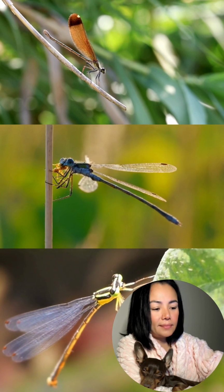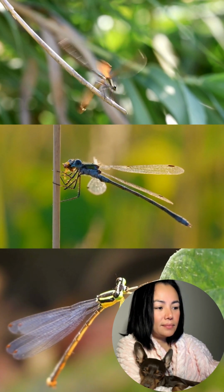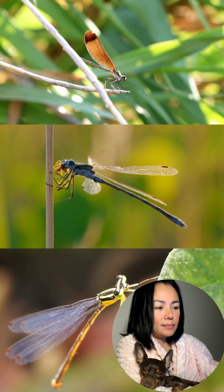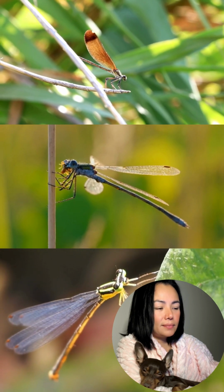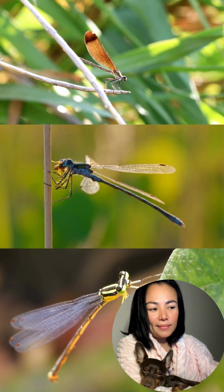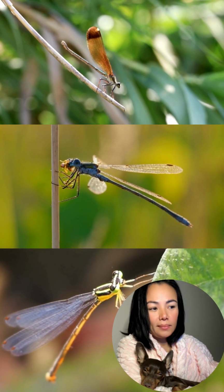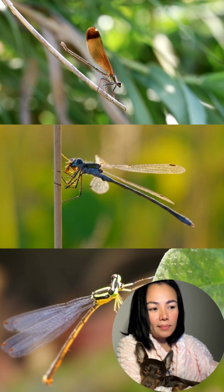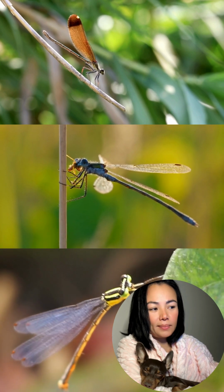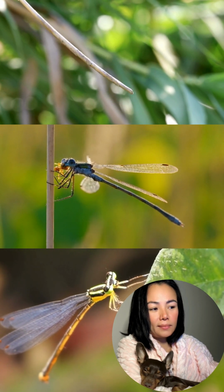Life cycle. Damselflies undergo incomplete metamorphosis, with 3 main stages in their life cycle: egg, nymph, and adult. Eggs. Female damselflies lay their eggs in or near water. Some species deposit eggs directly onto submerged plants, while others lay their eggs in floating vegetation or in damp soil. Nymphs. After hatching, damselfly larvae, called nymphs, live in the water for several months to years, depending on the species and environmental conditions. Nymphs are voracious predators, feeding on small aquatic organisms such as mosquito larvae, tadpoles, and even small